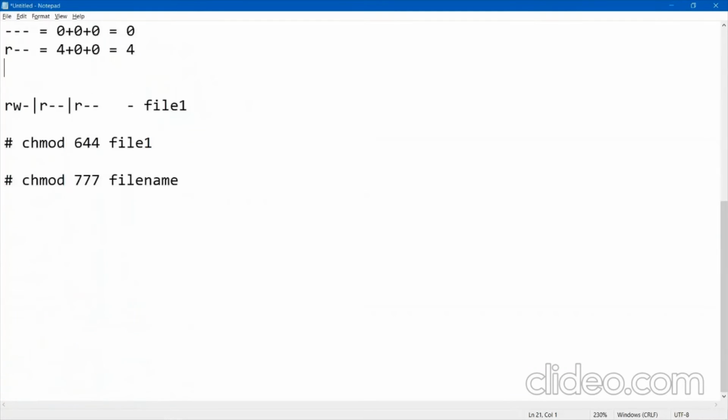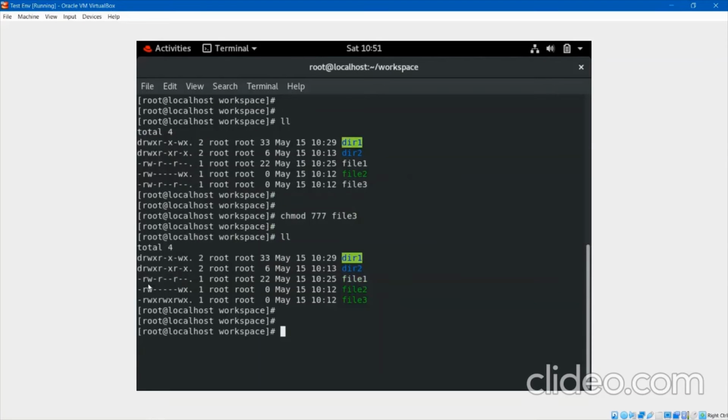I have not shown some practical regarding changing the user. So let me do one thing. For the 3 files, file1, file2, file3, I want to change the permission so that nobody can do anything. What it means is, except the root user, nobody can do anything. So I can do, let me try, even though I have not tried it, chmod 000.